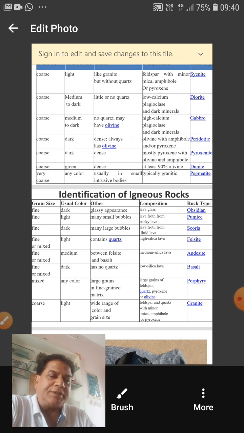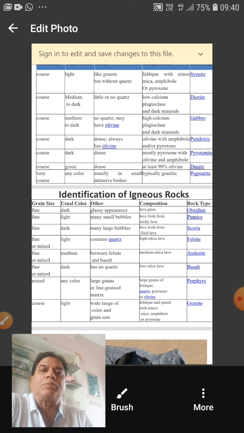Now you all know that a rock is named on the basis of the texture and mineral composition. So your fourth point to describe a hand specimen is your name. Means on the basis of texture and mineral composition, the given rock in hand specimen may be. This should be your style of writing, because this is scientific writing.